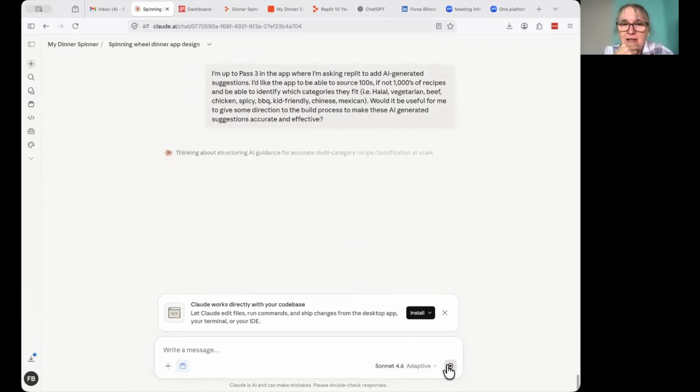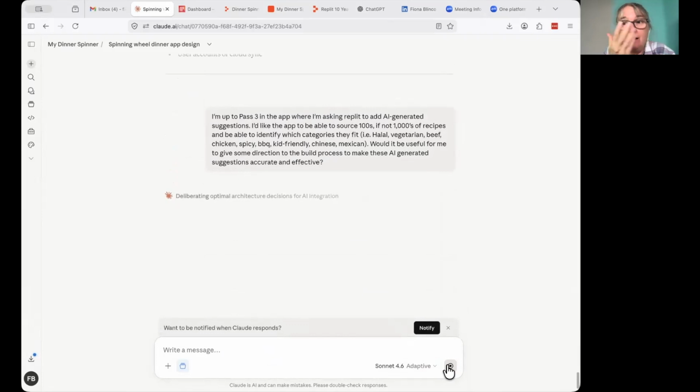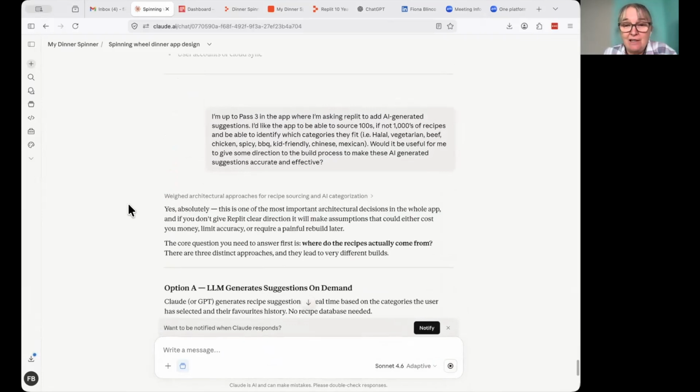Does it think I need to give some sort of structural guidance to this part? Okay, well, that's interesting. It's come up with three different ones. Let's have a look. I'll have a good look at those. Very educational going through this process, isn't it? But I'll have a look at those and see which one might suit and might work best.